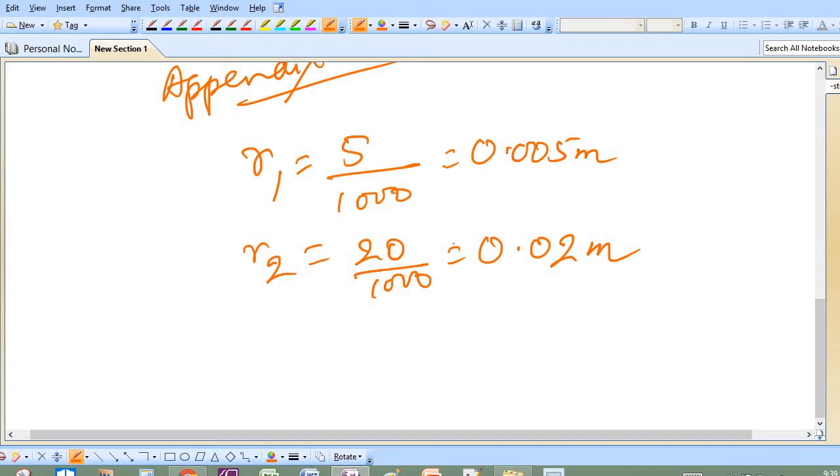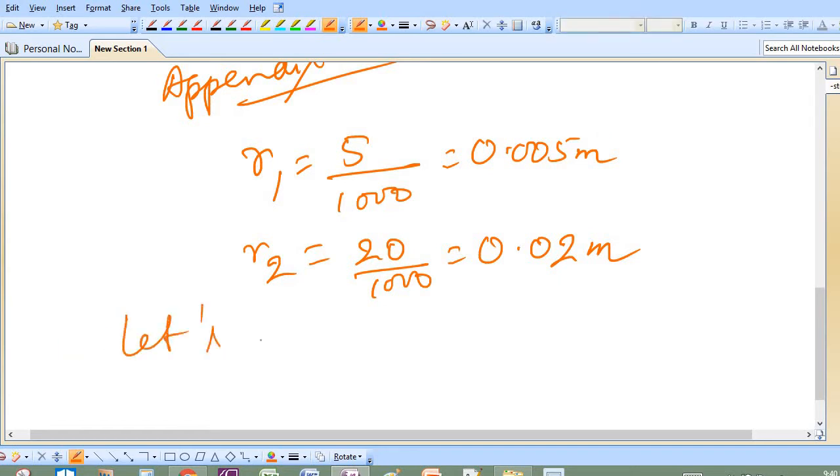Now we will solve. The calculation will be done first for a length of 1 meter of tubing. Since we do not know how many meters of tubing are needed, let's work out the heat flow for 1 meter length of tubing. After that, we will calculate the total length of tubing required to remove our 14.65 watt of heat from the bath. So let's solve for 1 meter of tubing.